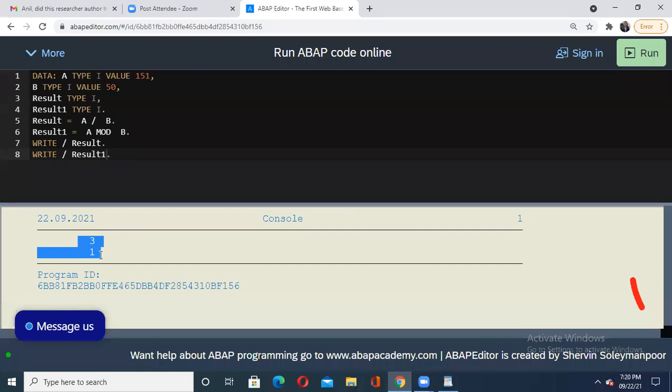Please remember, this is a minor thing, but it sometimes plays a very important role when you write or create a program. You need to specify exactly what other people need, or what their requirement is, and use these operators accordingly. So these are your arithmetic operators: plus, subtraction, multiplication, division, and finally modulus, or mod.